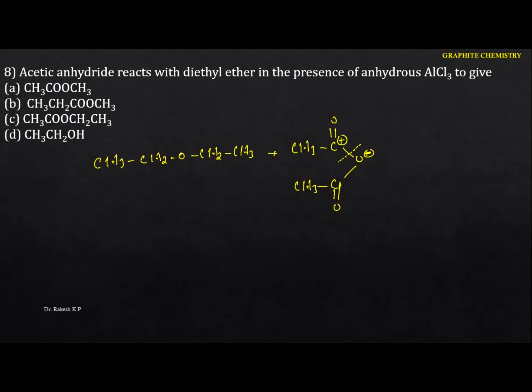Similarly I can cleave here, because it is a symmetrical ether. This becomes the negative part, this will be the positive part. And now see this one here, this is the positive part. I'm going to write this one here. So here we got CH3, C double bond O. Next, here this is the negative part we are having, and we are going to have the respective esters. Even here you are going to get the same thing. That means we are going to get 2 moles of the esters. So this is nothing but ethyl acetate. Hence in this case the option is C. Next one.